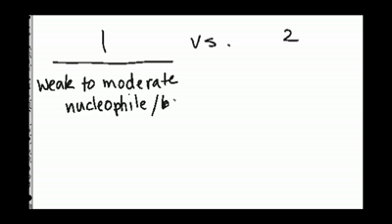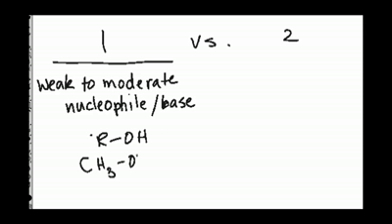And we know it's weak to moderate because you'll see an alcohol, for instance, sometimes methanol or ethanol or something like that. These are weak